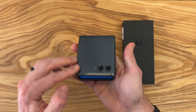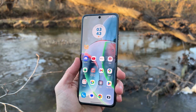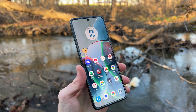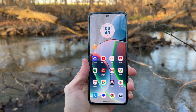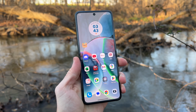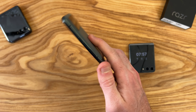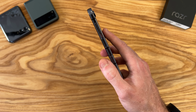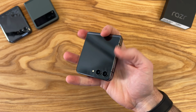But overall, as far as the physical form factor goes, this is quite similar to my findings on the RAZR Plus I've been using for a few months now, so overall it goes without saying this is a very well-built phone and achieves that enjoyable one-handed experience for me personally, with one minor exception of being a bit difficult to close with one finger, as it does have a bit of resistance once fully opened up, and it does cause for just a bit more friction and lack of fluidity, which for a point of comparison, my Flip 5 closes much easier with way less friction